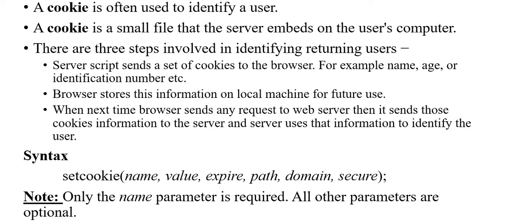Note that only the name parameter is required, all other parameters are optional. Name sets the name of the cookie. Value sets the value of the named variable and is the content that you actually want to store. Expire specifies a future time in seconds